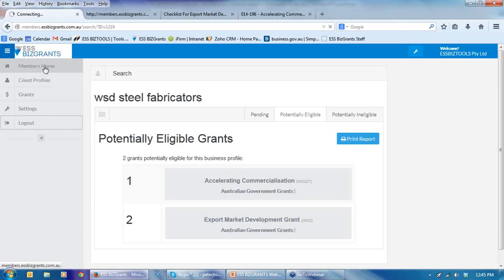The grant report's very important because it's giving you something to have a conversation with your client to be able to show them how the system operates.